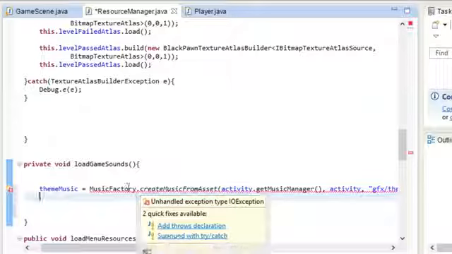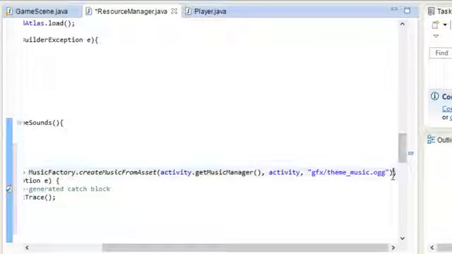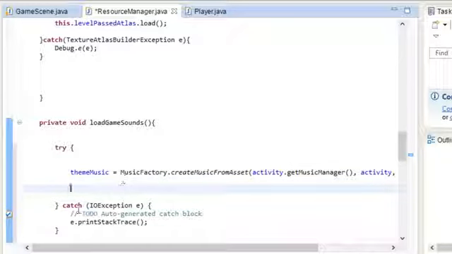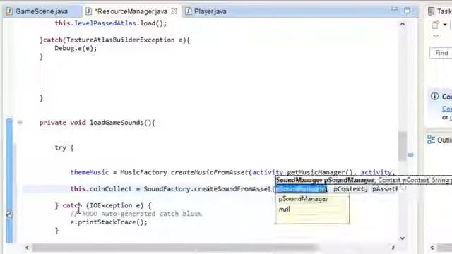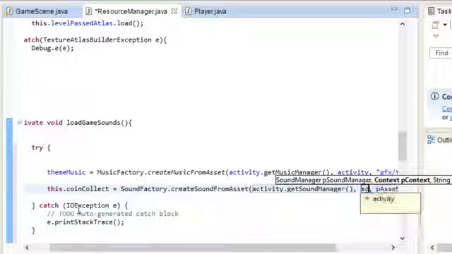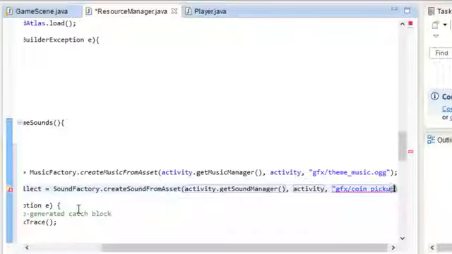and we have to add a try and catch. So if you hover over this, you need to do surround with try and catch, and as you see there, we have a try and catch. Alright, so next thing we need to do is do the same thing again for our sound, except this time we'll be using the sound factory. So you'll simply do this coin collect equals sound factory dot create sound from asset activity dot get sound manager, pass the activity, and for the asset path it's going to be gfx slash coin pickup dot ogg,